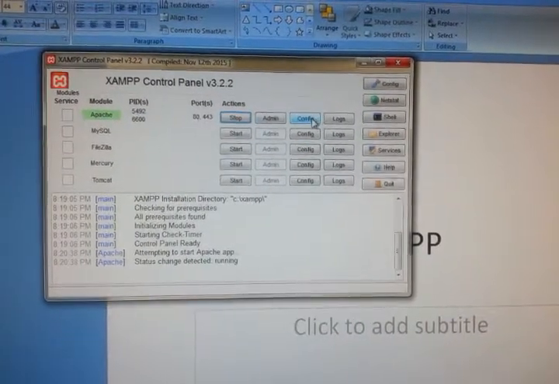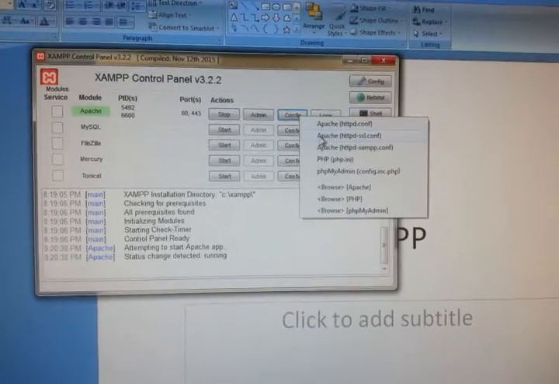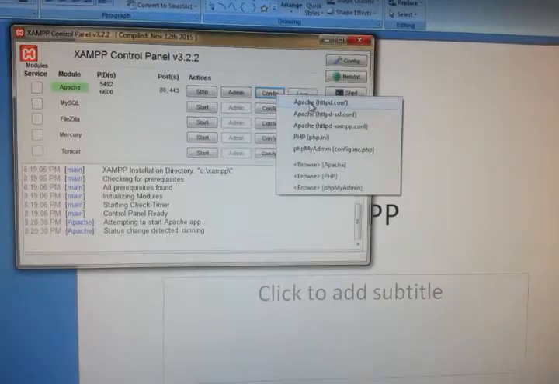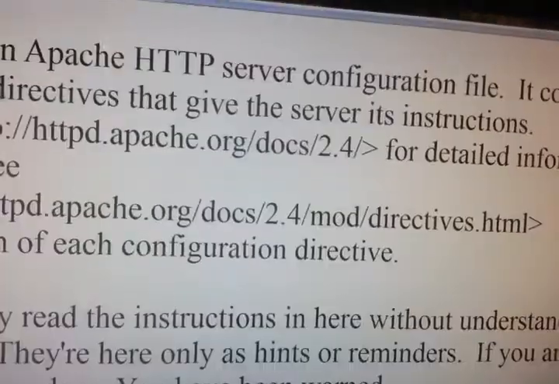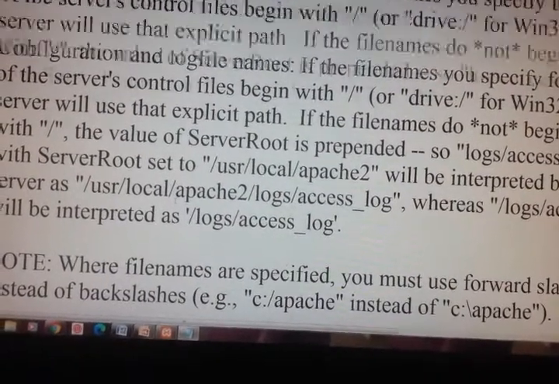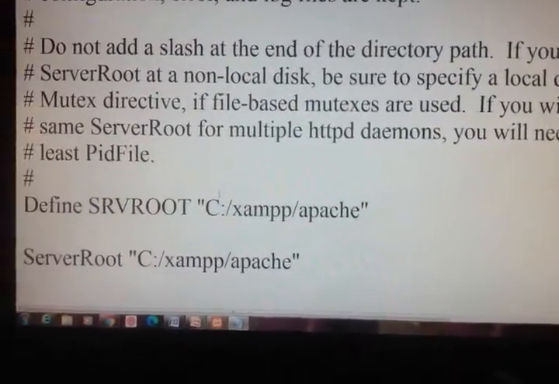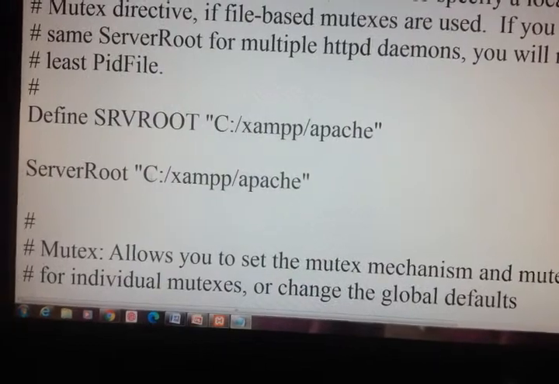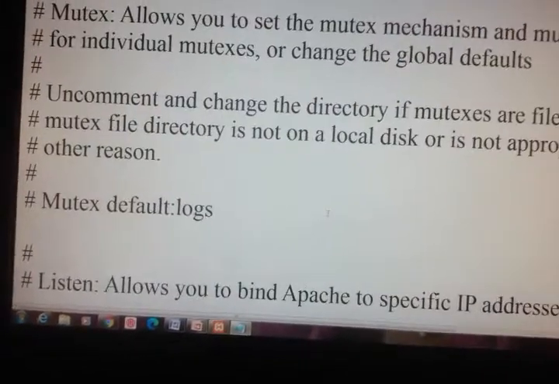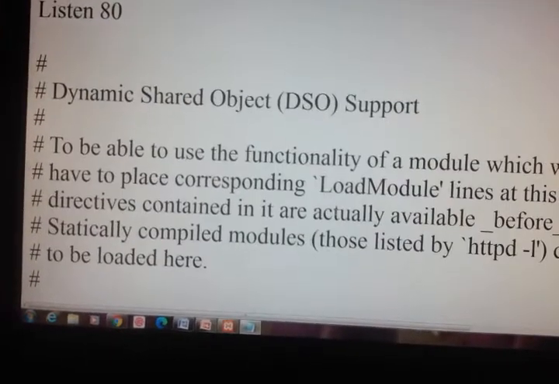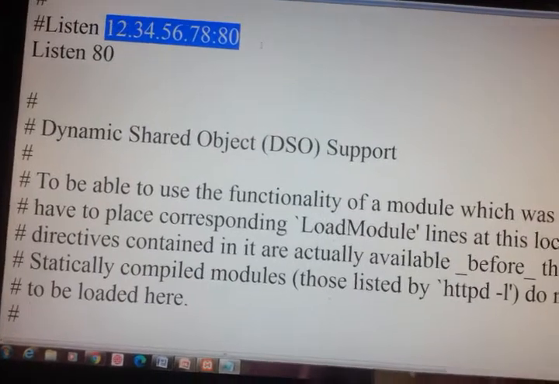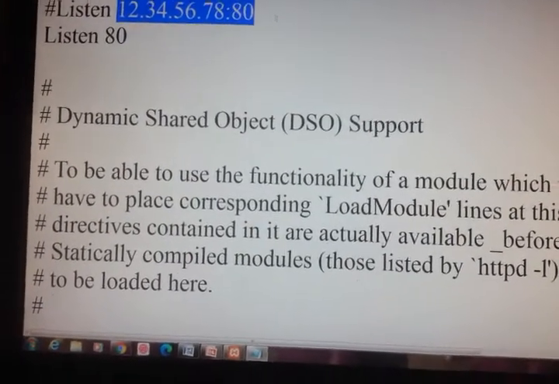If you want to see configuration files, this is what the configuration files look like. So the Apache is available in c:/XAMPP/Apache, and this Apache is listening at port number 80.